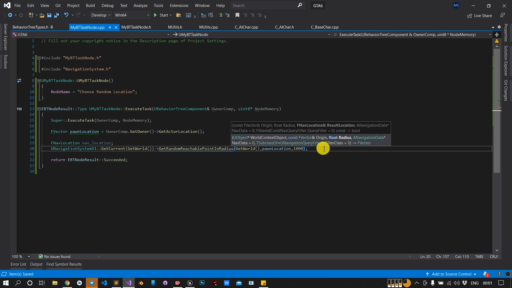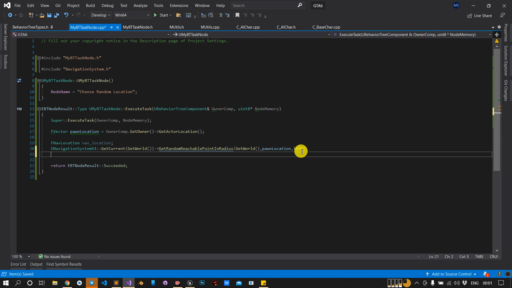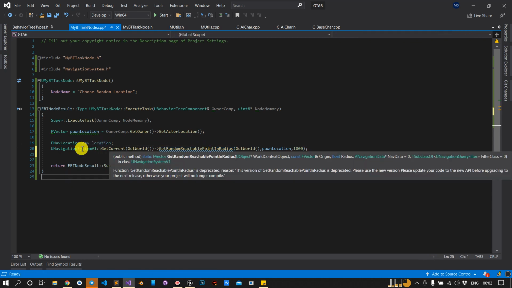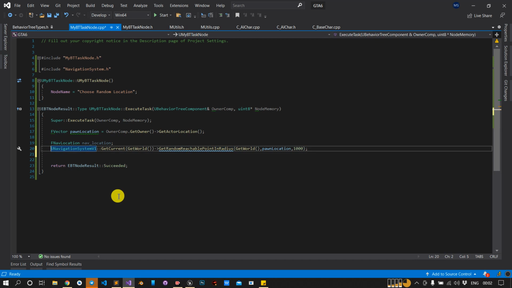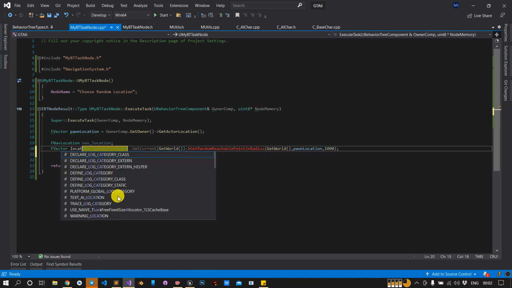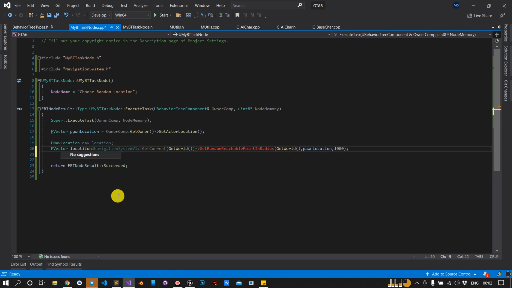So I will keep it as default for now. Now we have the random location, and this function will write that random location in our nav. I think this function will write that reachable location.